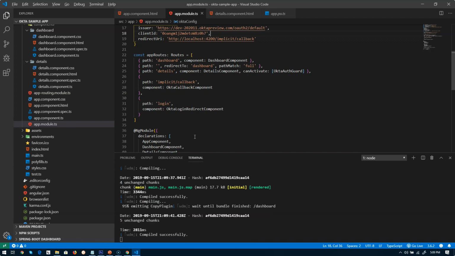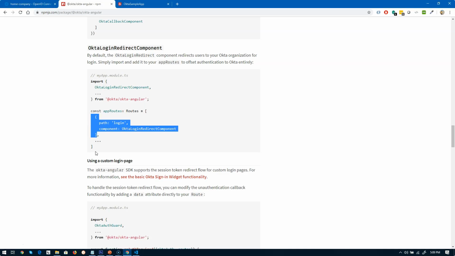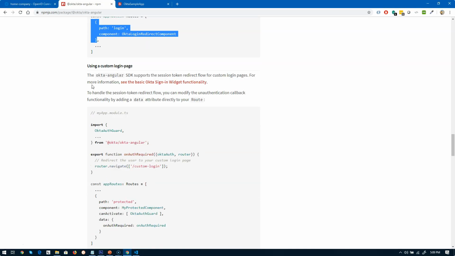Yep, I just added Okta login redirect component as well. Let's go to the next step. The next step is using a custom login page. Here I'm not looking for any custom login page. Instead, I want Okta login page to be interrupted whenever users are trying to hit the secured URL. So I'm going to skip this custom login page step,